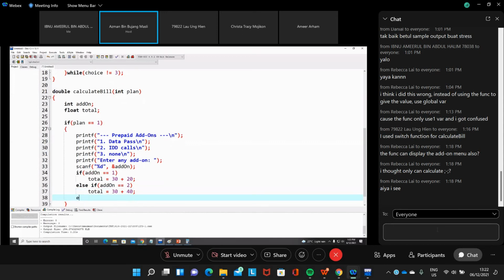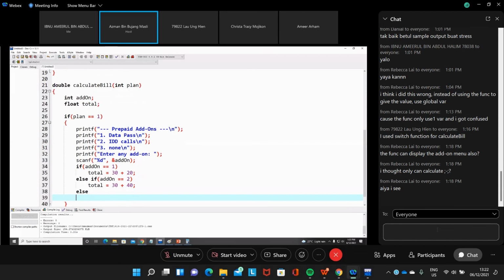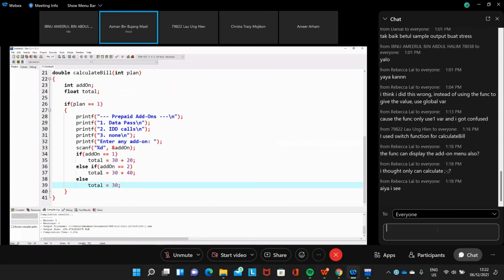Else, it doesn't matter whether they enter 3 or more, then we just put the total equal to 30. Later on we'll save. So this is the total.